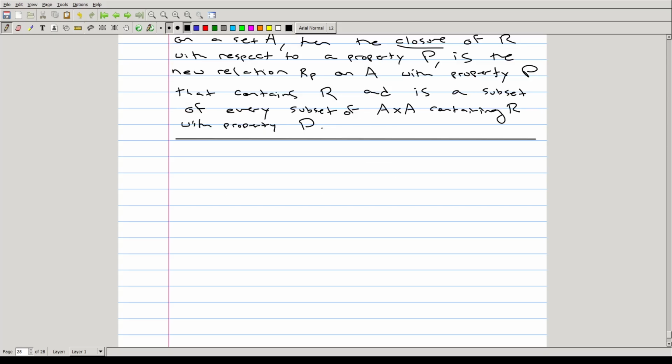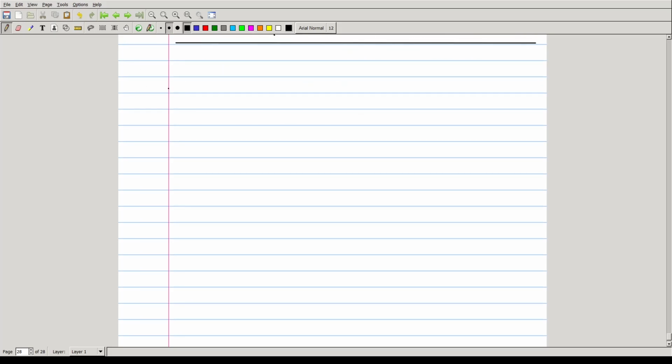So it turns out that the transitive closure is typically the closure that is the most difficult to calculate. So we're going to start by talking about the reflexive closure, which is the easiest to consider. The reflexive closure of a relation R